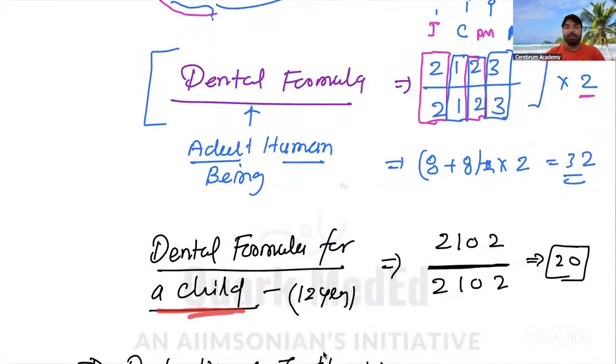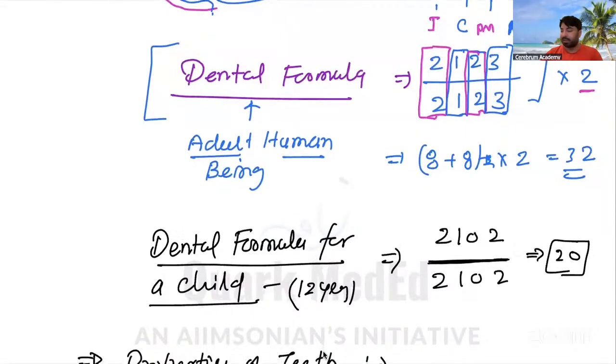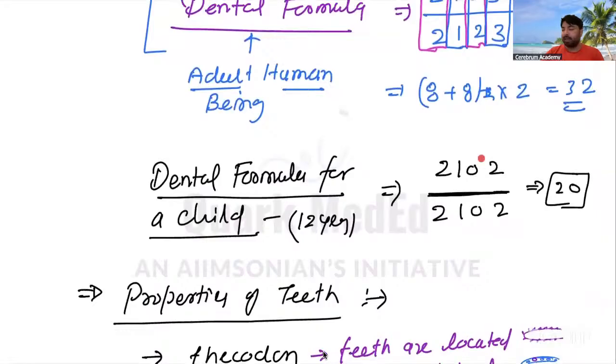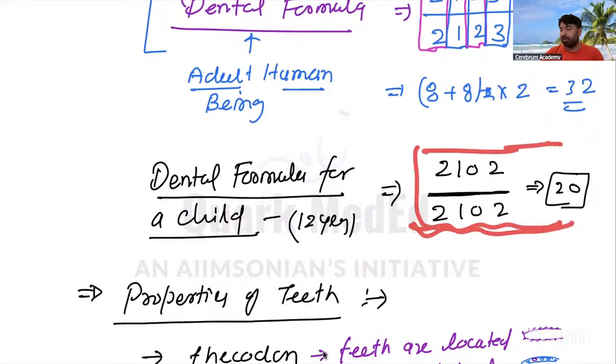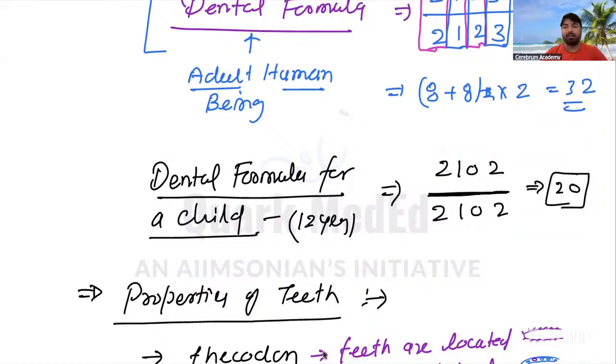In children, there are some teeth that are missing. In the next class, you will tell me the number of teeth you have. Take a mirror, put your finger on each tooth, and count. Tell me in the next class. Do you know what is missing? Premolar teeth are missing and one molar is missing. So 10 to 12-year-old children have around 20 teeth.